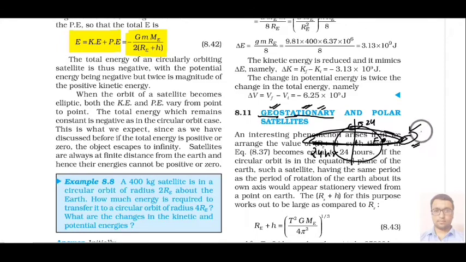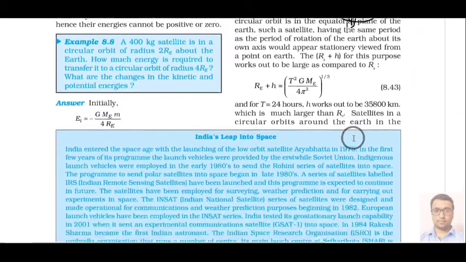So such a satellite, which has a time period of 24 hours, will seem to be at a stationary position with respect to Earth, because Earth and this satellite both are rotating with the same speed, or they are in front of each other at every time. Earth is making one revolution about its own axis in 24 hours, and this satellite is also revolving around it in 24 hours. Then we have the next satellite, that is the polar satellite, that revolves around the pole. Such kinds of satellites are called polar satellites.